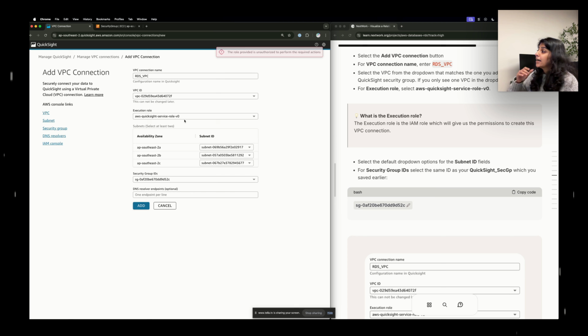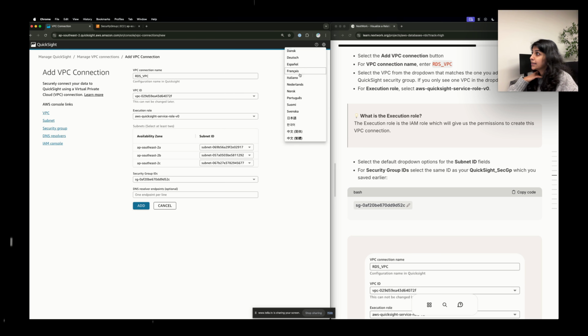QuickSight. Now it says that the role provided is unauthorized to perform the required actions. Okay. Errors come up all the time, no fret. Let's figure out why it says that. The role provided is unauthorized to perform the required actions. So this is the role provided, and it doesn't have the permission to access it. So I'm just going to check the